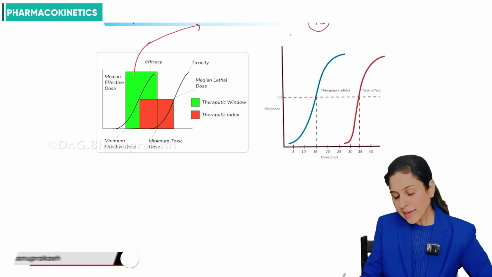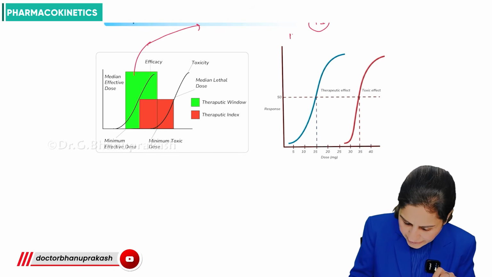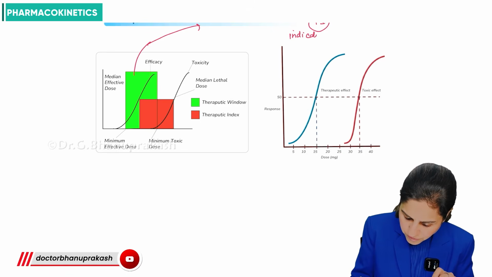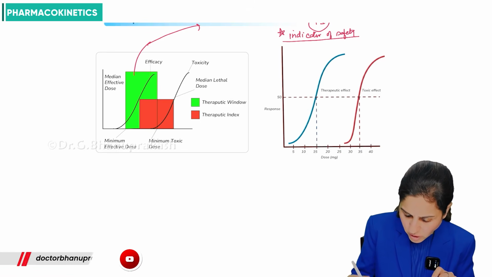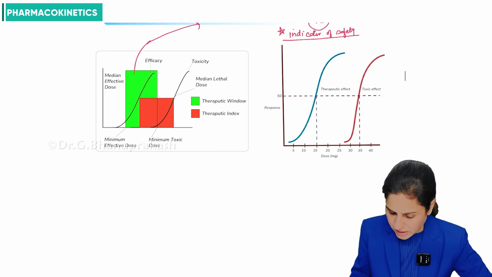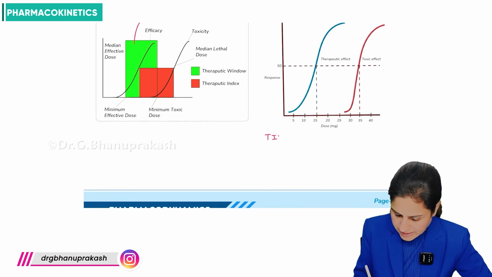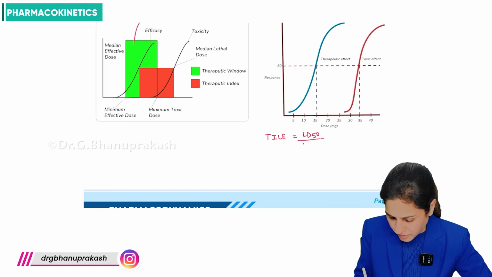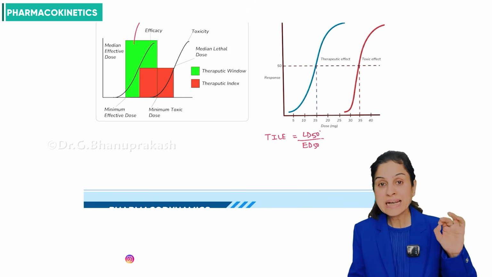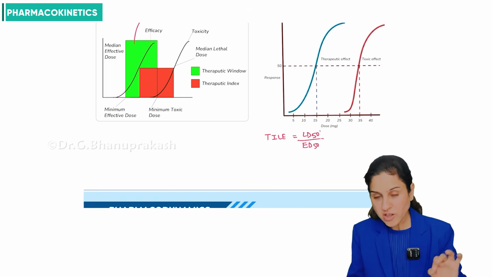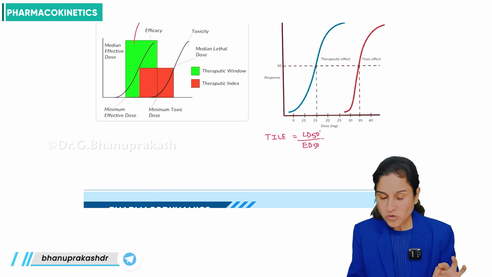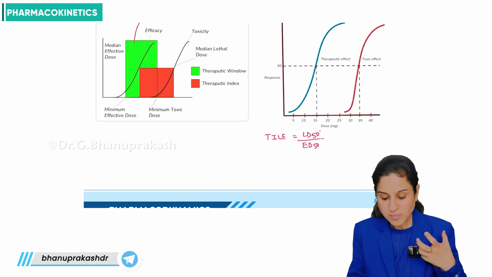Okay. Now the therapeutic index is an indicator of safety. Very important, it is an indicator of safety, that is asked in the exam. So what is the therapeutic index? The therapeutic index is calculated by LD50 by ED50. The dose which produces the lethal effect in 50% of the population over the dose which produces the effective response in